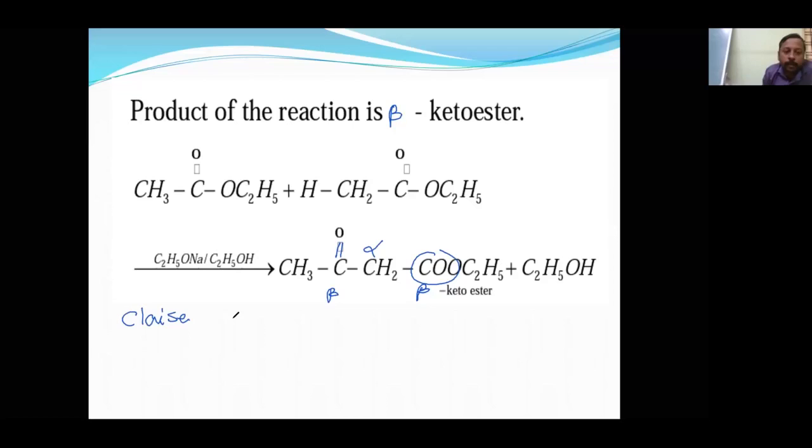Claisen condensation. Everywhere you will remember minimum 3 things, and here we have to remember 4 things. Okay, reactant. What is the reactant here? Second thing, what is the product here? Okay, what is the presence of here? Speed up. Okay, and special condition. What is the special condition? Okay, first of all,